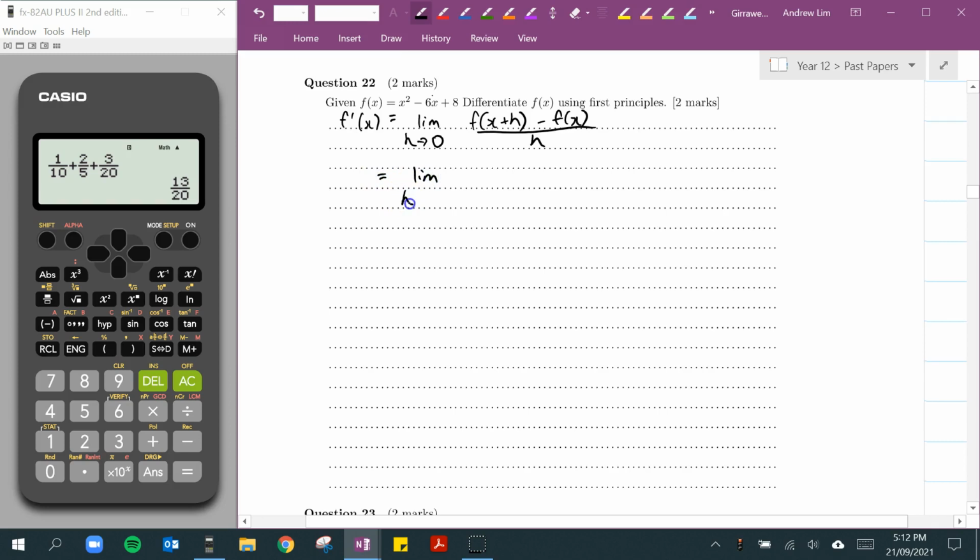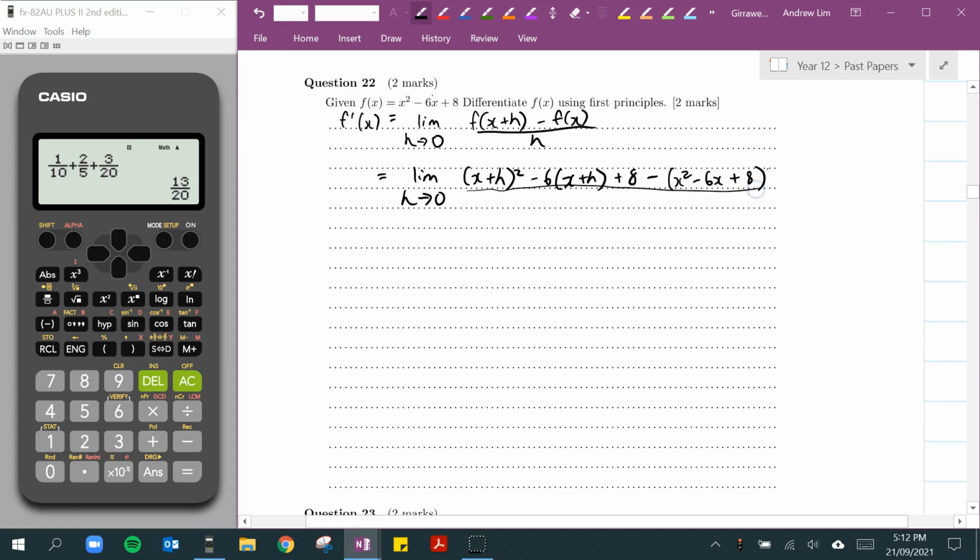So limit as h approaches 0. I'm going to sub in x plus h wherever x is in the original. x plus h squared minus 6 lots of x plus h plus 8 minus the original function x squared minus 6x plus 8